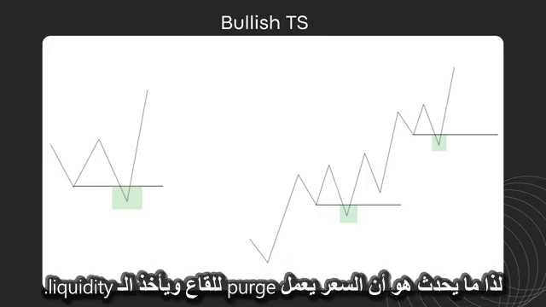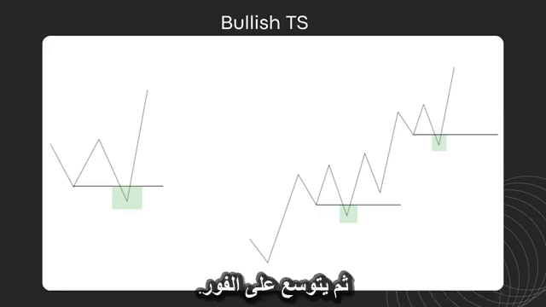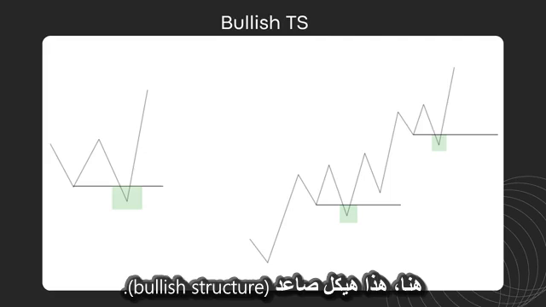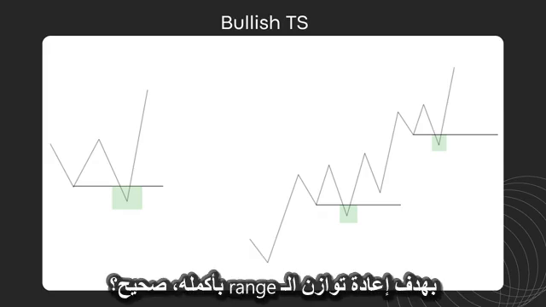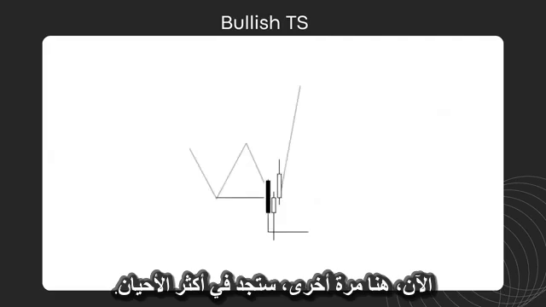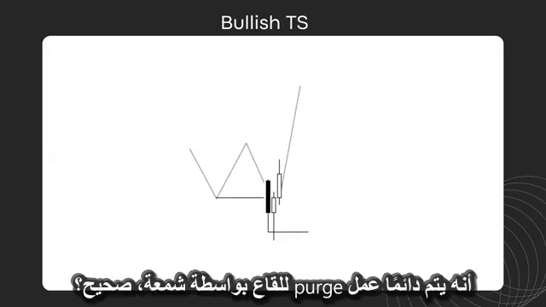So what happens is that price purged a low, takes out liquidity, and then immediately expands or reverses above, right? Here this is a bullish structure, and every time price expands above, it always makes sure to take out counter liquidity with the purpose of rebalancing the whole range, right? Now again right here you're going to find that more often than not the low is purged with a candle,